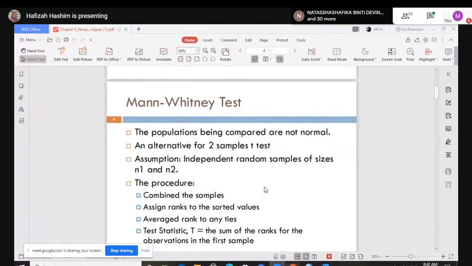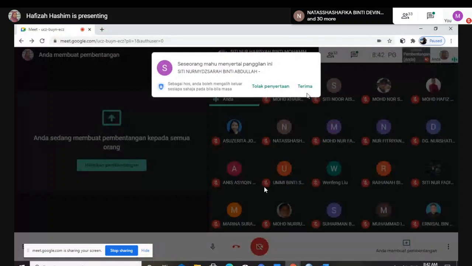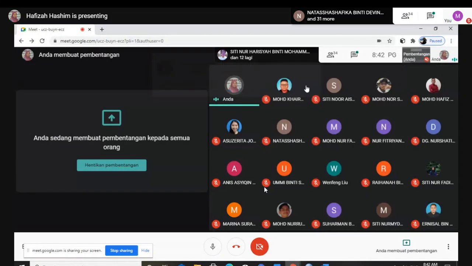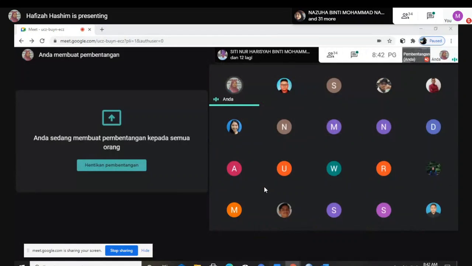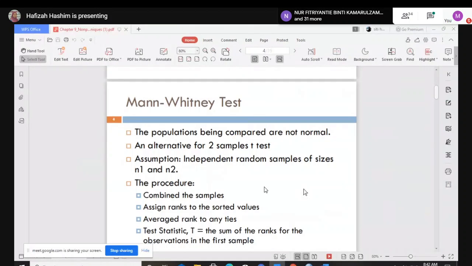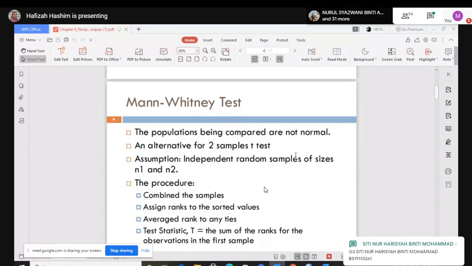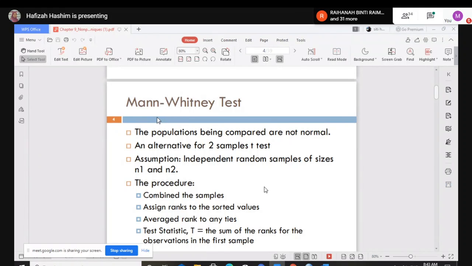Mann-Whitney is the counterpart of what you have learned in the independent test. But the independent test was for normally distributed samples. For this one, your sample doesn't need to be normal, so you can go for the Mann-Whitney test.